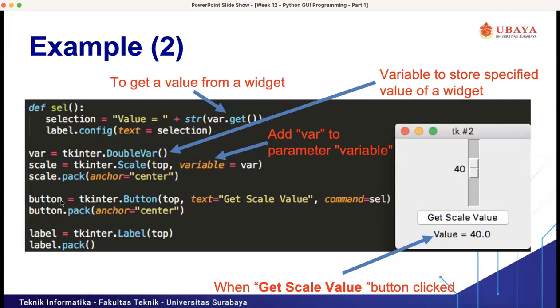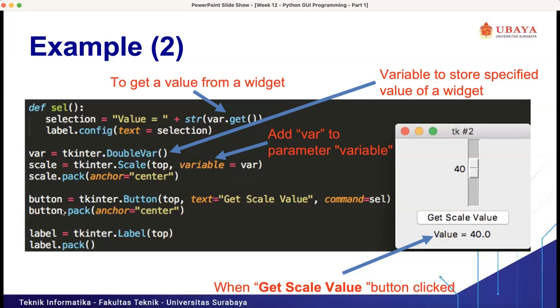Then we create a button here with the text get scale values, and command equal cell, so it will call this function, right? If we run this cell function, it will call var.get, where this var variable is used in the scalar widget.